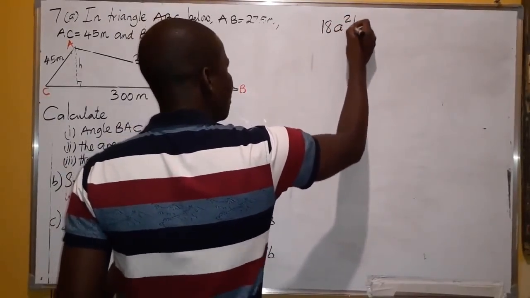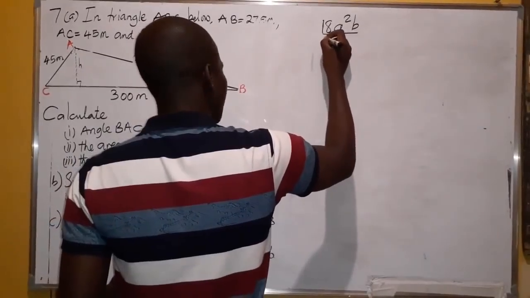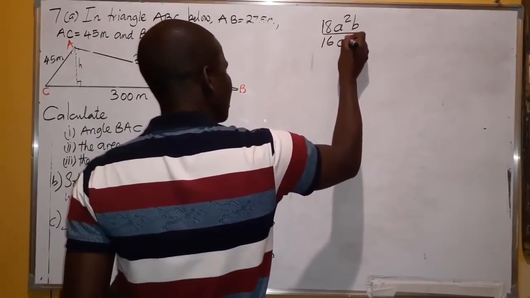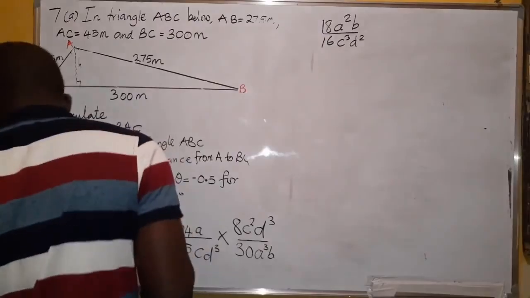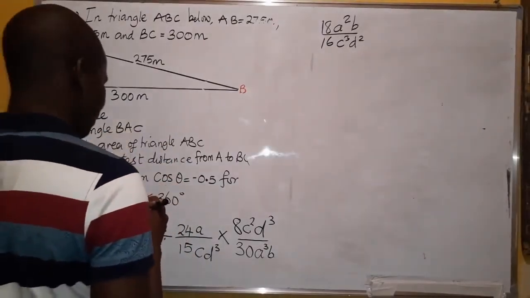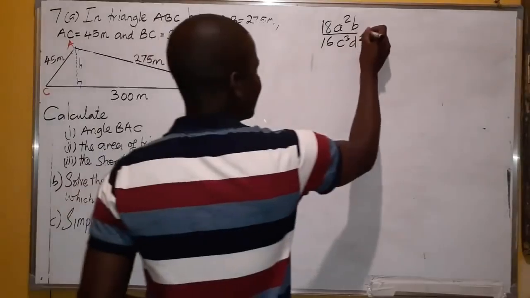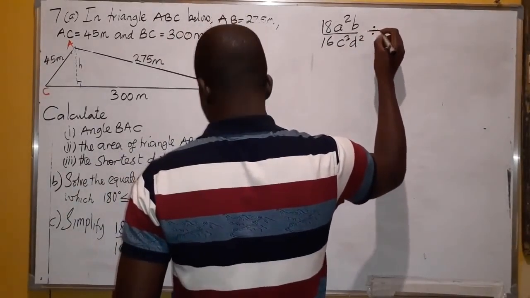Okay, the b over 16, c cubed, d squared. That's the way it is. Okay. Then you know that when we are dividing, or let me just write it maybe as it is, divided by